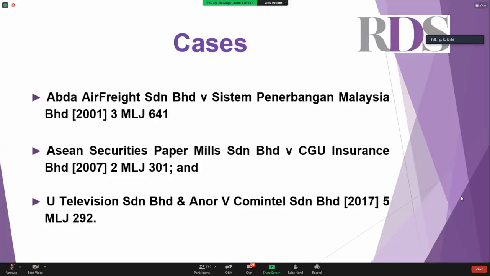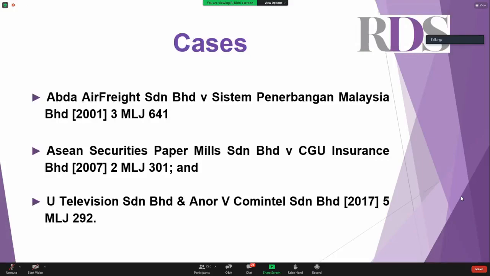The first one, Abda Air Freight Berhad against Sistem Penerbangan Malaysia Berhad. Mars Airlines had led two expert testimonies in relation to Indian customary laws. So our courts have been steadfast, robust in going slightly outside